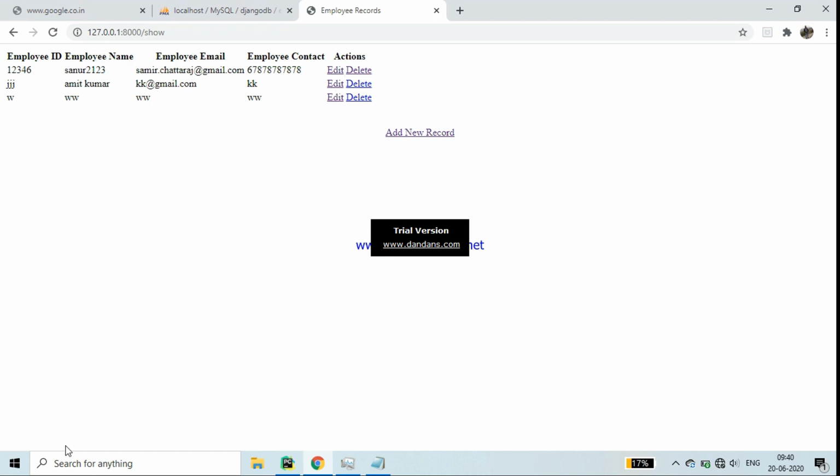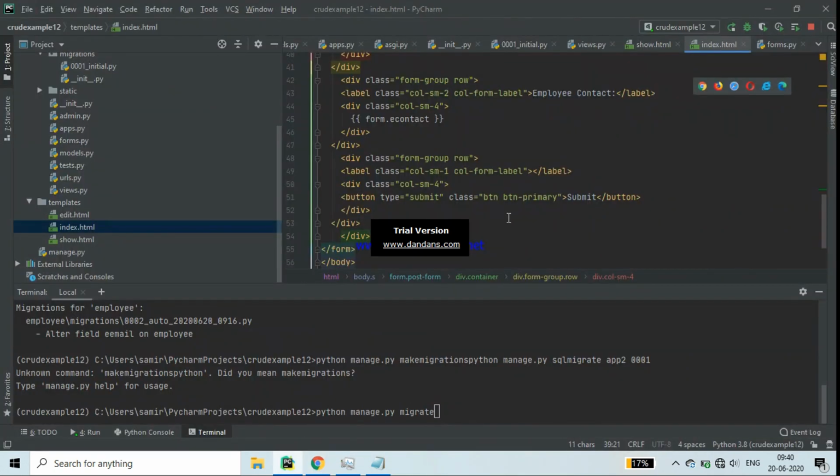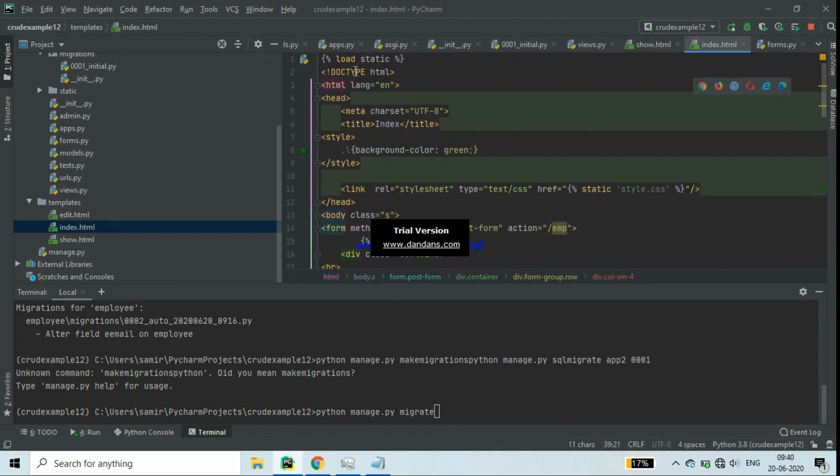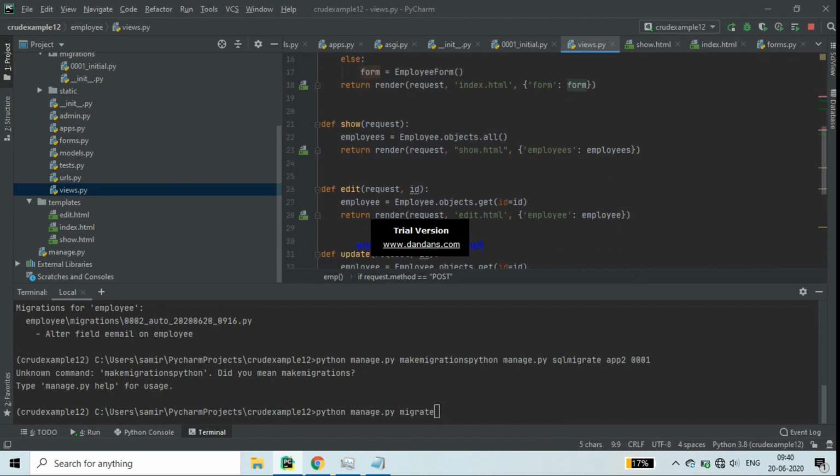1 is the ID here, 2 is the ID, you can see here 2 is the ID, 3 is the ID. So as I am clicking this, I am going to the edit page. The edit page is here, you see. Come to the view part. Here, you will go to the edit page,